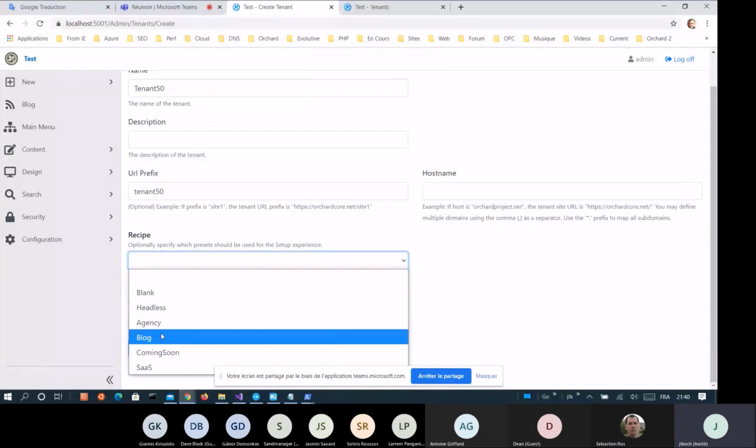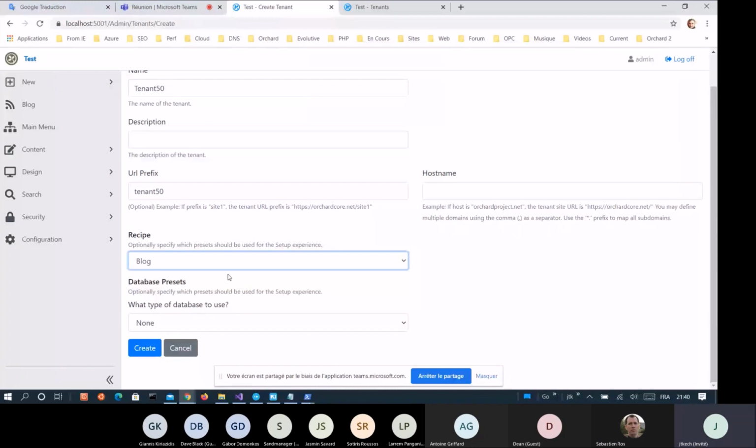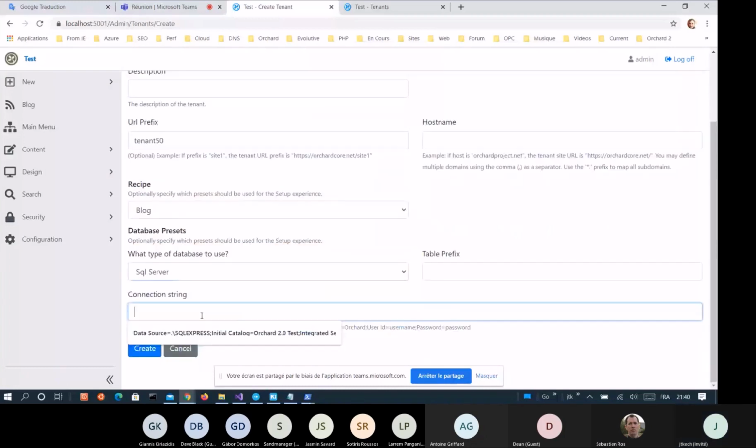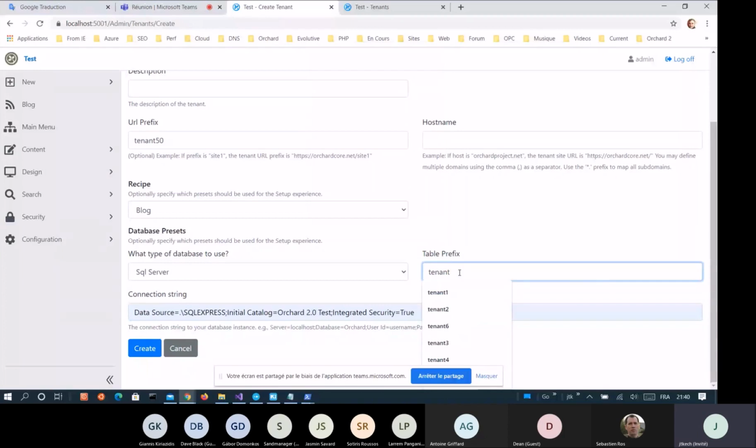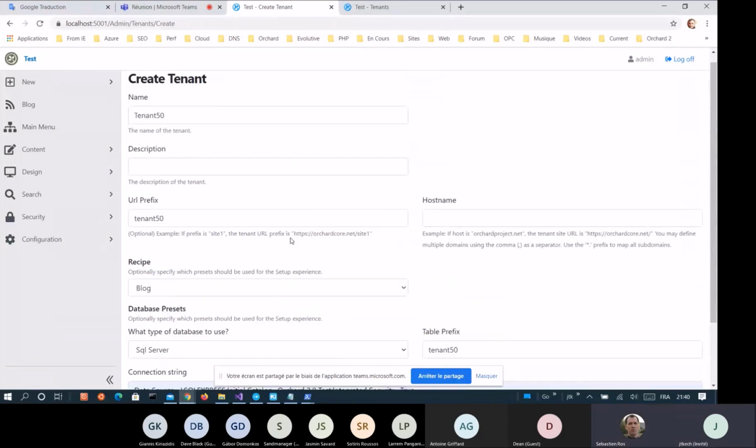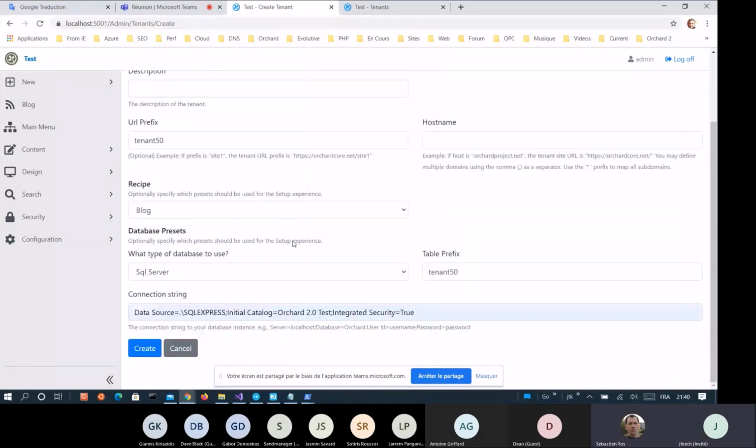Recipe, I will use blog because I didn't change the agency recipe. SQL Server. This is the same. And here also I need a table prefix because I work on the same database. It's very important here because if you take SQLite, there will be an issue, it can't work.